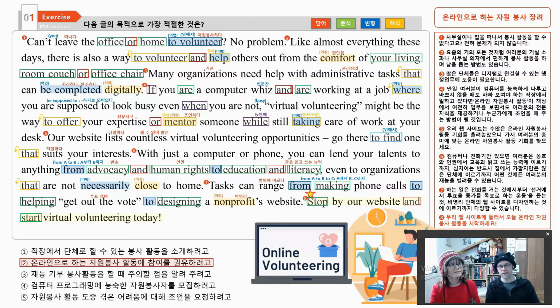Oh, that's right. We have that good for you. Yeah, that's a very good hint. So you can mentor someone, you can go from A to B, all different kinds of volunteering, right? Yeah. So there are examples too. All right, the last one is to give advice about difficulties that you face